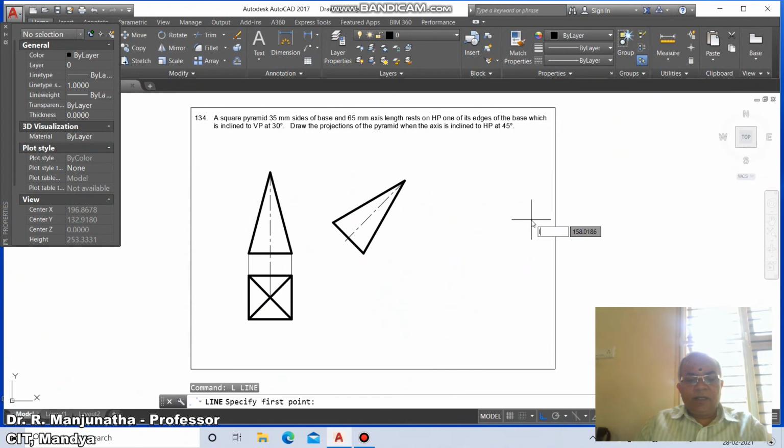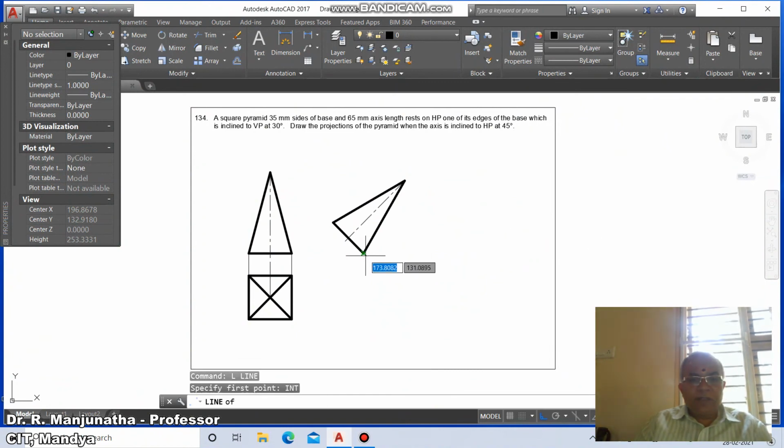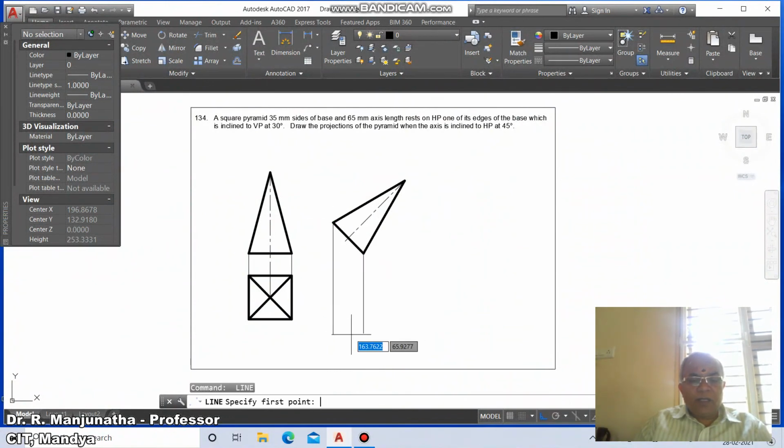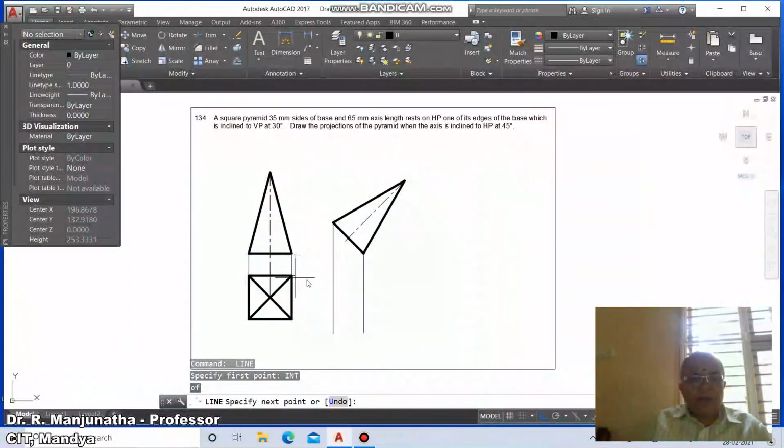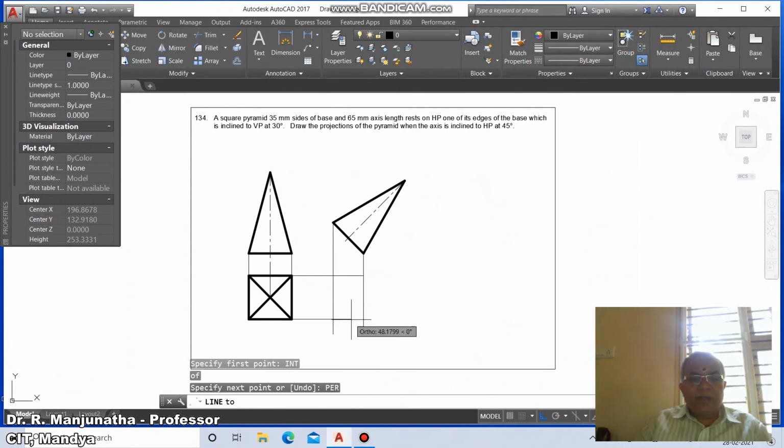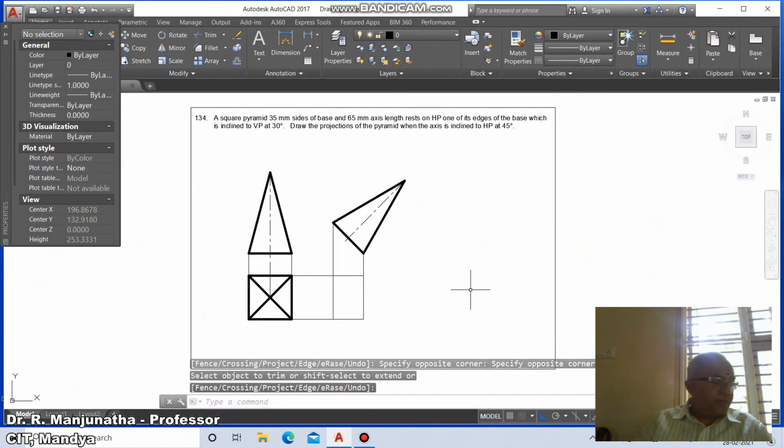Then go to erase. Now we come down to move, select this and take it inside, then click it here. Then go to line, take the intersection point of this and draw a vertical line, and take the intersection point of this and draw one more vertical line. Draw a line int of this and perpendicular to this. Then go to line int of this and draw perpendicular to this. Then go to trim, select this as the cutting edge and the object to trim as this.